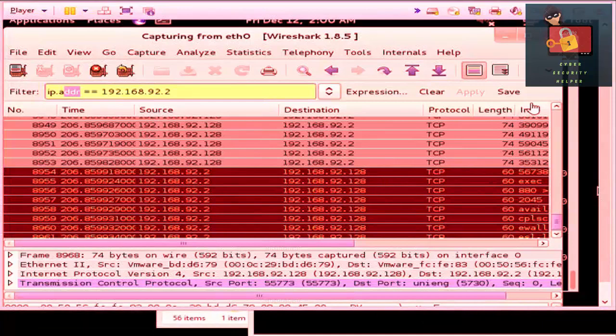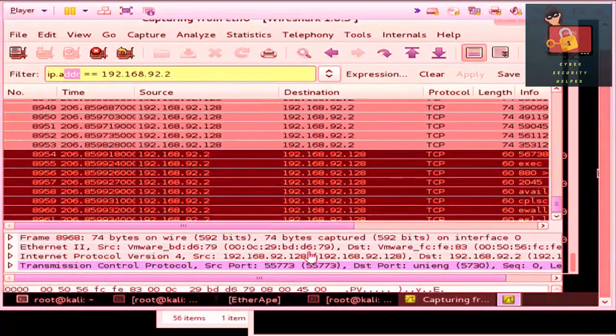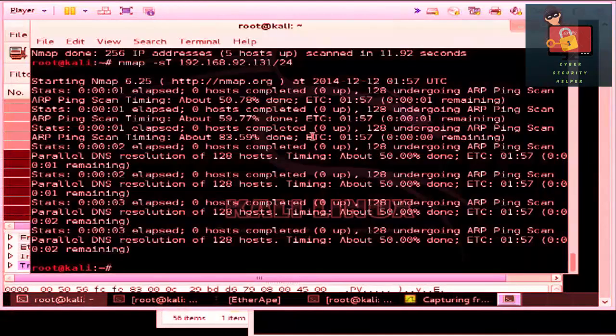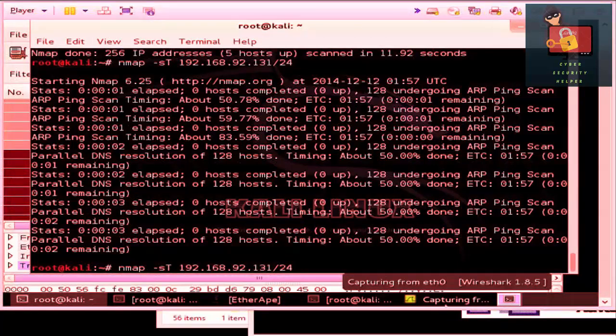Okay. Now the next scan that I actually want to do is I'm going to do a stealth scan, and it's very, very similar to what we just did, except instead of nmap with a -sT, okay, I'm going to go with -sS. And what this does is it also allows me to spoof my source address along with this. Now I could certainly add this into the syntax of the command here,